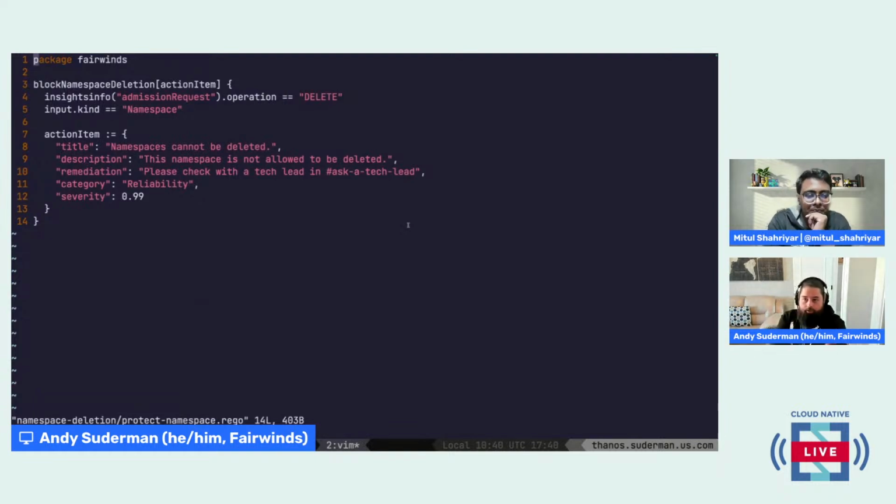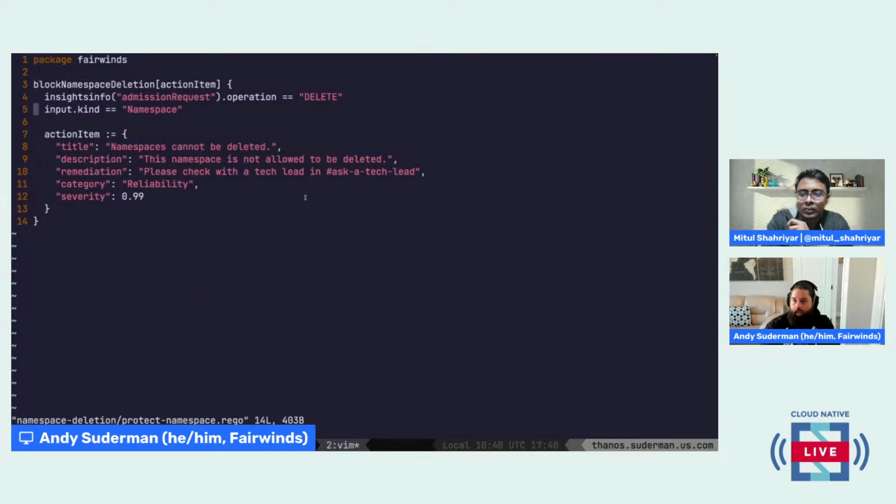But in this case, we might not want to ever delete a specific namespace. We might want to protect that. So we can write a Rego policy that says you can't delete a namespace, or a specific namespace. This is a nice way to enhance RBAC if you want to be a little bit more explicit about things.